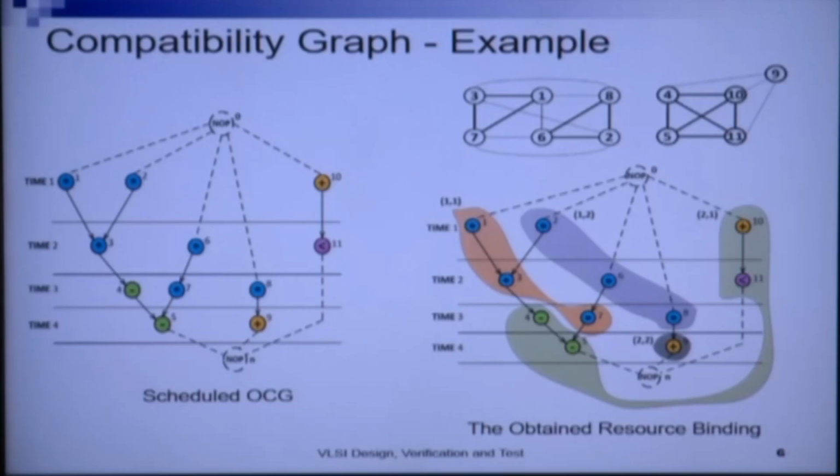Now, as an example of the actual resource binding that we can obtain here is this. We have one multiplier, let us say multiplier 1, multiplier instance 1, used to schedule operations 1, 3, 7, which are in the same clique. Again, another multiplier, say multiplier 2, is used to execute operations 2, 6 and 8 in time steps 1, 2